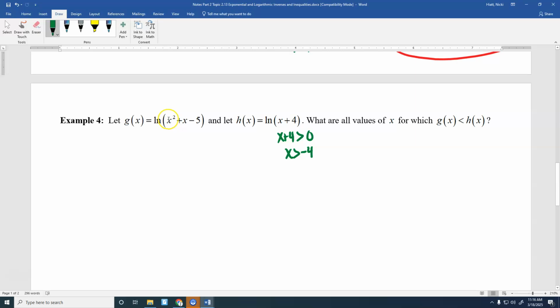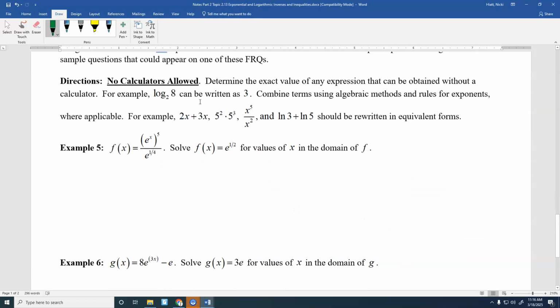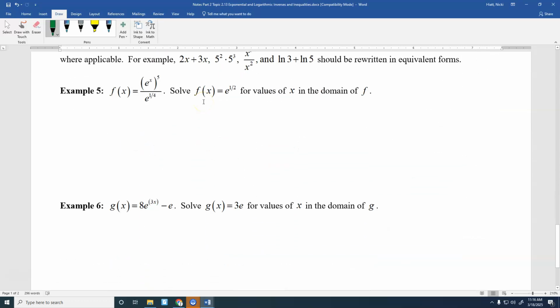In this case, I get 0 squared plus 0 minus 5. That'd be negative 5. This one's going to have some negatives. If it's always negative, there's just no solution to this problem. So there's a decent chance that's not the case. This is one where you would have to use the quadratic formula. But if, let's say, that was a plus 5 right there, there's a pretty decent chance that you're going to get always positive and no restrictions on that. So that can help you a little bit there. All right, so we didn't get to